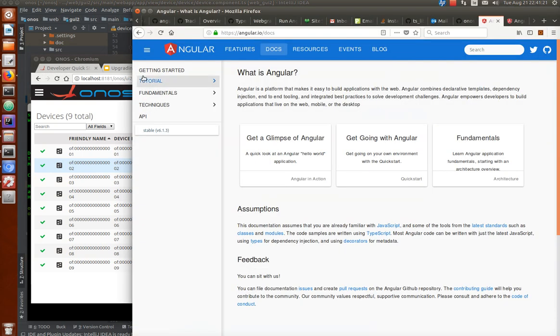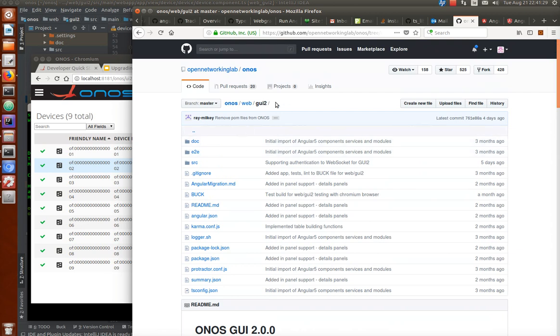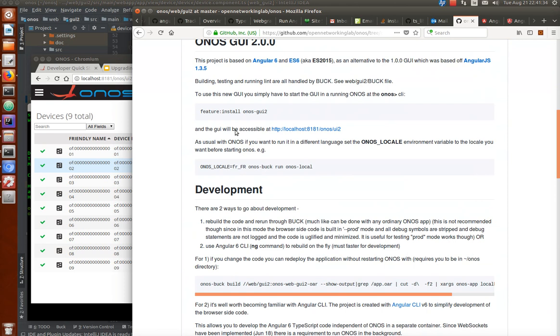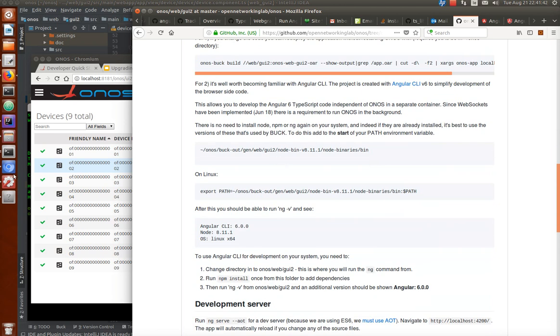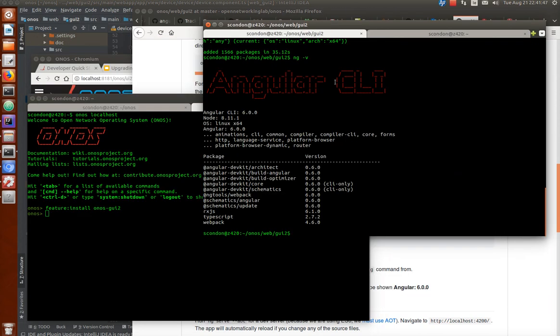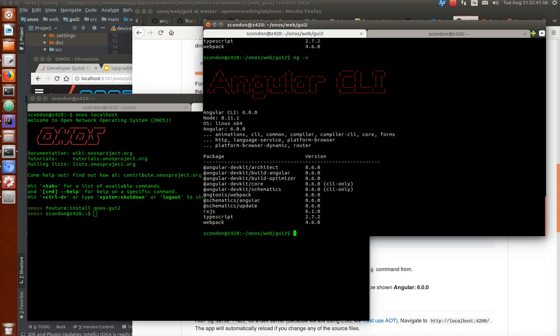There is a lot more documentation available. If you go to the code base, here, for instance, for the GUI2, there's a README that explains a lot of what I've shown, how to start ONOS in a foreign locale, and how to develop with it using the Angular CLI. The Angular CLI, I didn't get into it, but it's a very powerful tool. When you go into the GUI2 folder and run npm install, you'll be able to access the